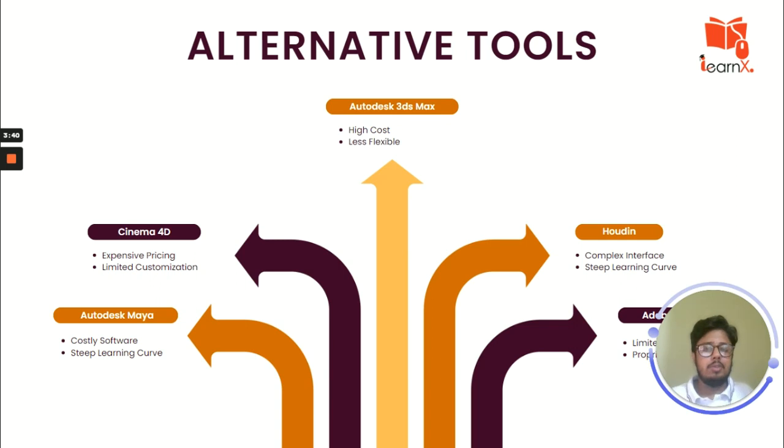The second disadvantage of them is that a few have a very complex interface, so they are not that flexible, and the interface is not up to the mark as well. Some of them are very costly software and some of them have a very steep learning curve. So now you can understand that to learn animation as a beginner you cannot choose any of these tools in the first place. So now the question is which tool I should use. We will get to that in the next tutorial, but for now all you need to know is that when you become a professional animator, you can use any of these tools according to your preference.